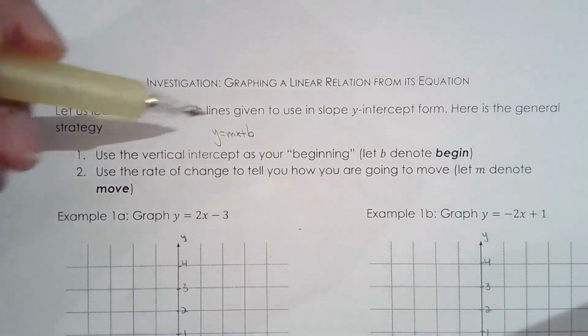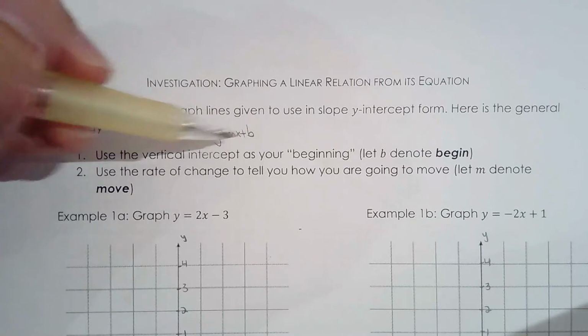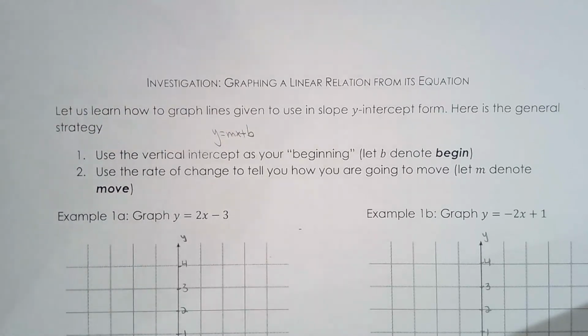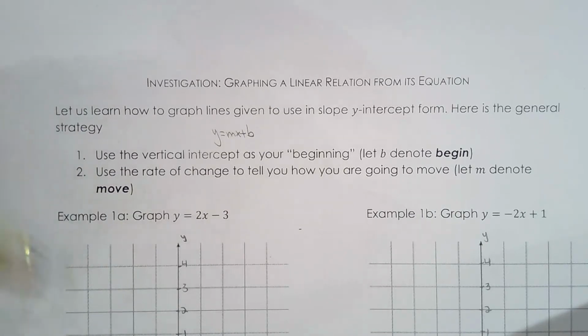In order to graph the line, we're going to use those two values to plot points, and to graph a line you essentially need 2 points and then you just connect the dots. But if it's possible, we're going to provide a few additional points because that will make our line more accurate. It's not that it's wrong with just 2 points, but it is easier to graph a line with